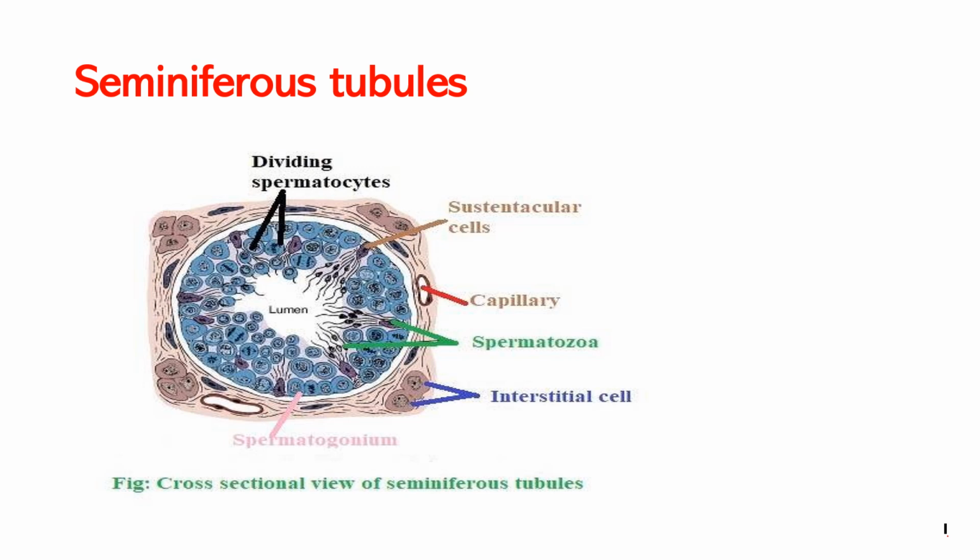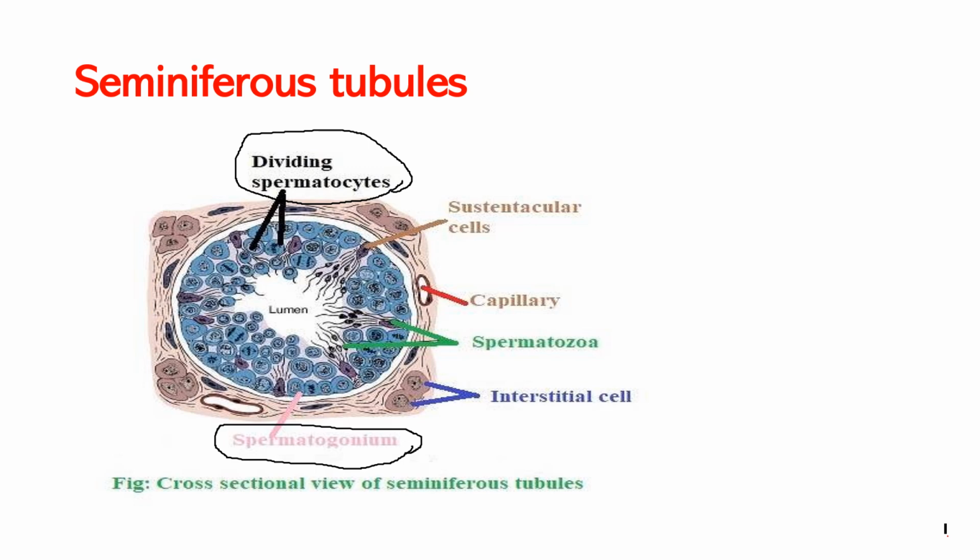The outer zone of the male germ cells has spermatogonia. Here you can see the cells of the spermatogonia. These are formed from the primordial germ cell by mitotic division. The spermatogonium undergoes mitotic division and gives rise to the primary spermatocyte. Here you can see the primary spermatocyte. Up to this formation of spermatocyte, the first stage is over.